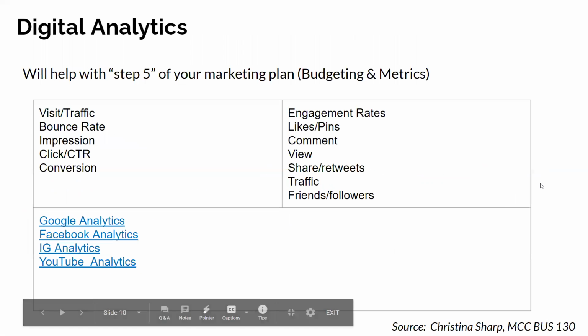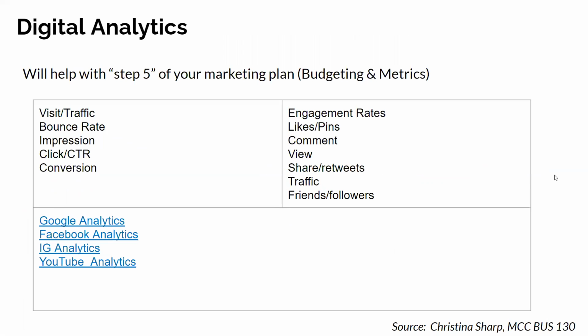So there's all these things, and then there's also that analytics piece. In step 5 of your marketing plan, if we look forward several weeks, that's your last step of the marketing plan, and that's where you're listing your budget and your metrics. We talked about it in our special event last week: the importance of always having a metric for every marketing activity, every marketing expense that you do. As a marketer, you have to defend how you're spending the company's money by always being able to point to a goal number, a metric that you want to hit for whatever you're doing.